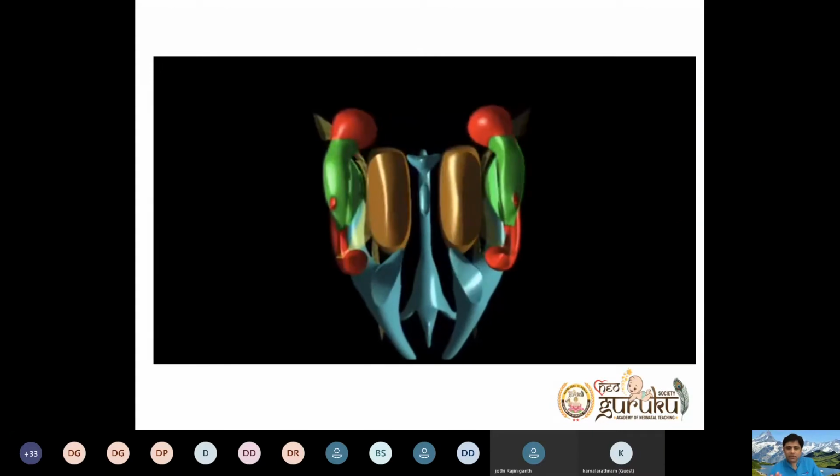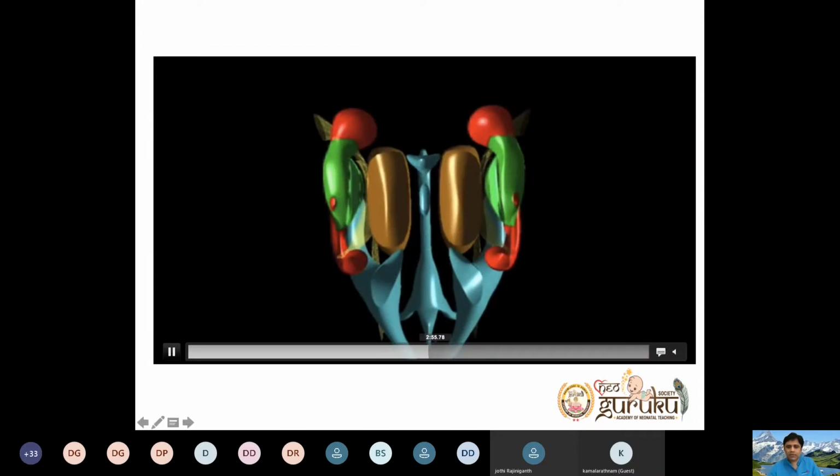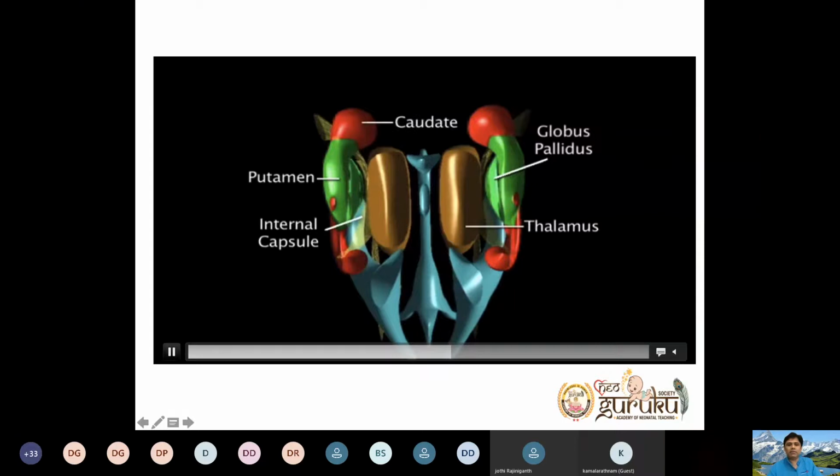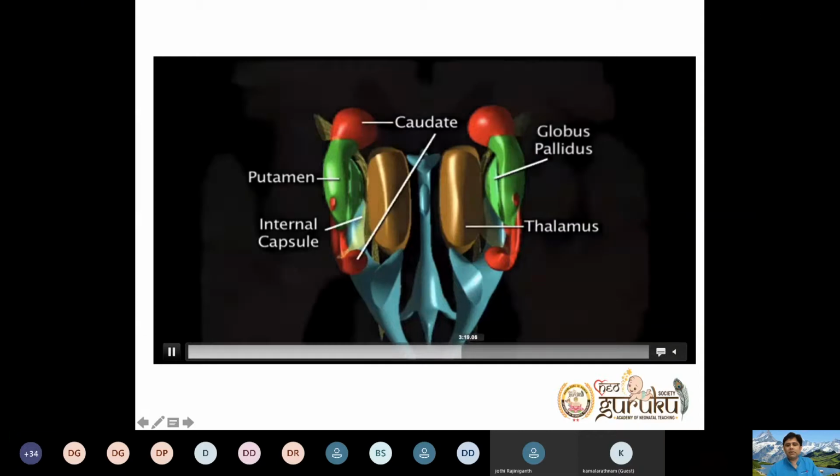Now we are going to the coronal plane, how it looks. All right, so let us start again. The outermost part is your putamen. Then we are moving from lateral to medial. Then you have globus pallidus after putamen. Then you have internal capsule. Then you have thalamus, and superiorly we have caudate nucleus. You can see caudate nucleus has head, body, and tail. So this is the tail and this is the head. So this is how it looks.